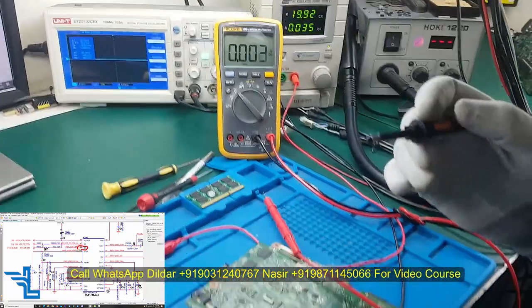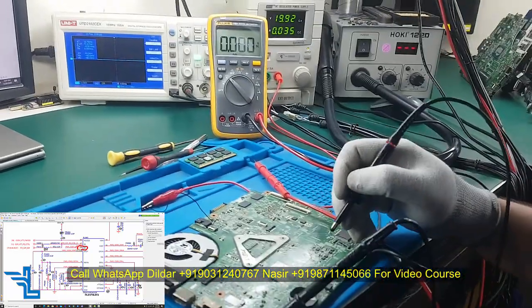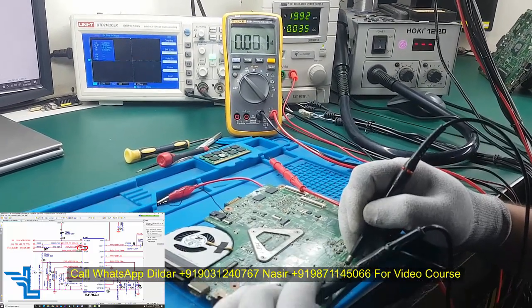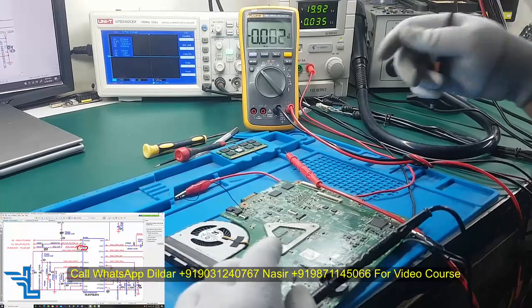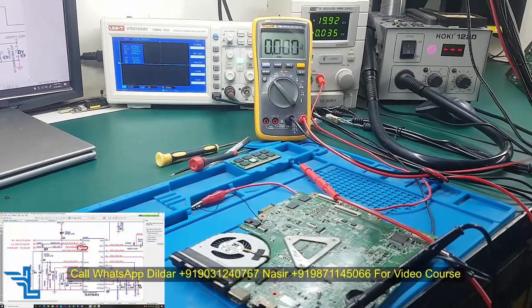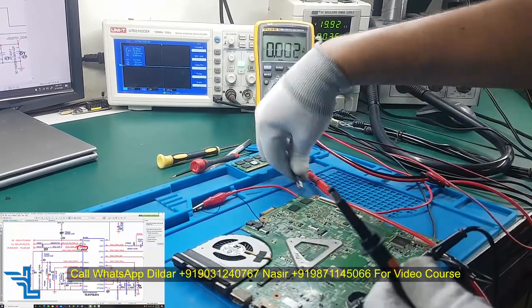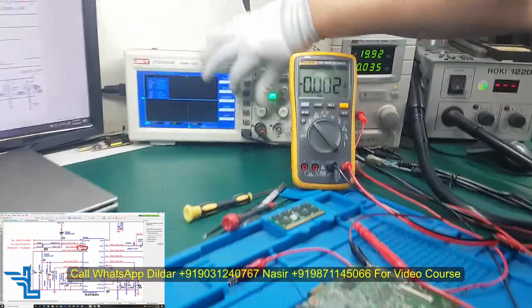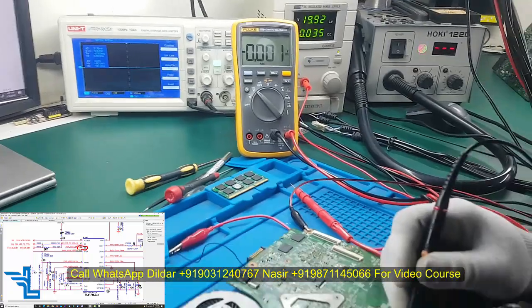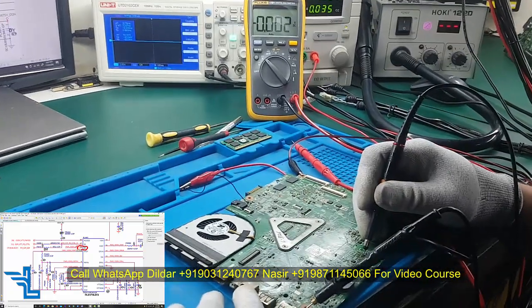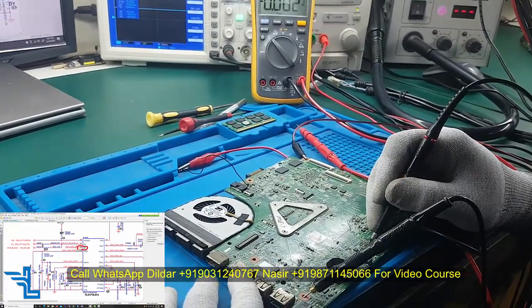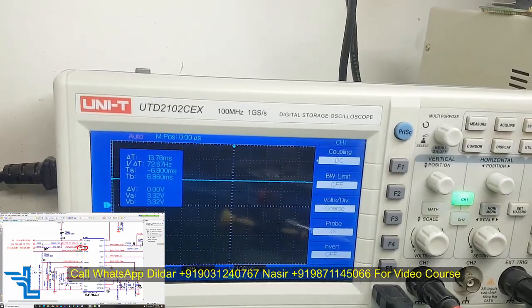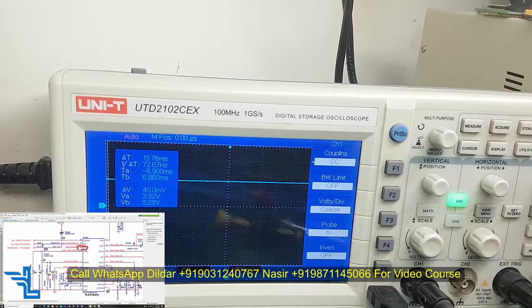Now the same thing, let me check it with the DSO, because I have seen so many cases where there are problems in the signals. Sometimes it varies and sometimes there could be a glitch. So I have set 2 volt per division. Now on pin number 16 you can see on my DSO there is no ripple, no glitch, and a straight line.